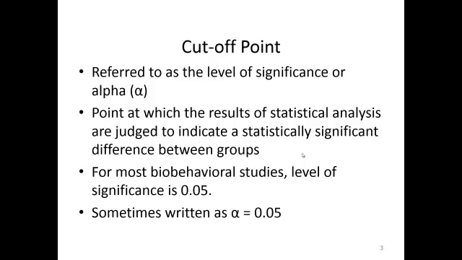Cutoff point is also critical to your understanding. That's really going to be important as we move forward into the different inferential statistics. And this is referred to as the level of significance, or alpha. So you've got three ways to call it: cutoff, level of significance, or alpha. And that's the point at which the results of statistical analysis is judged to indicate a statistically significant difference between groups. For most biobehavioral research, level of significance is written as alpha equals 0.05. We use the 0.05 because we have a lot of reasons that may